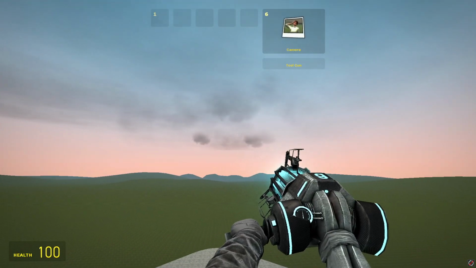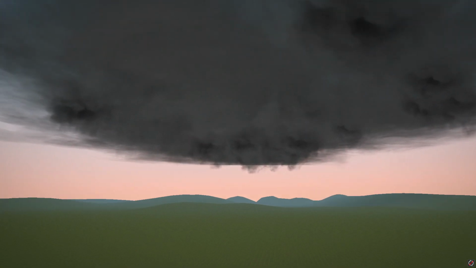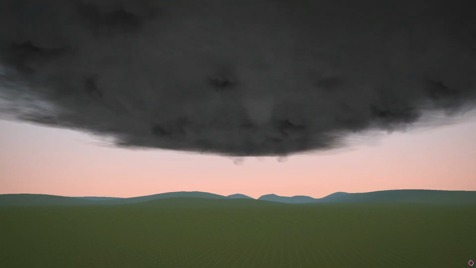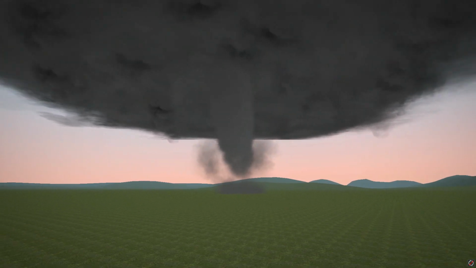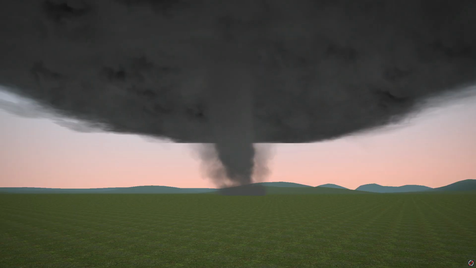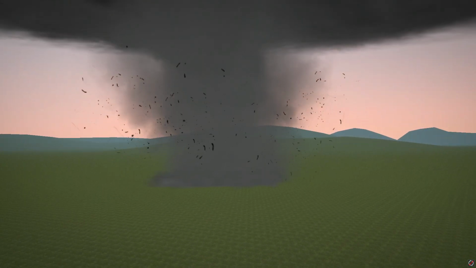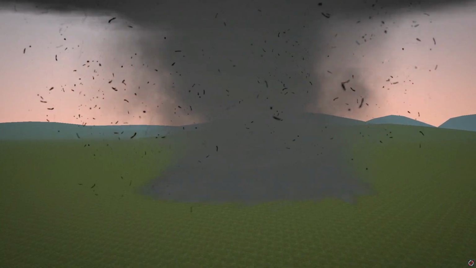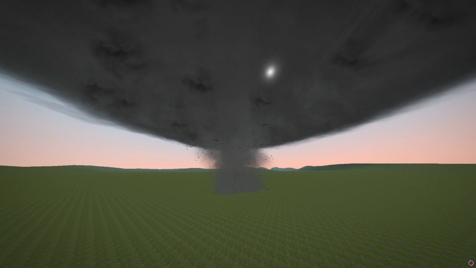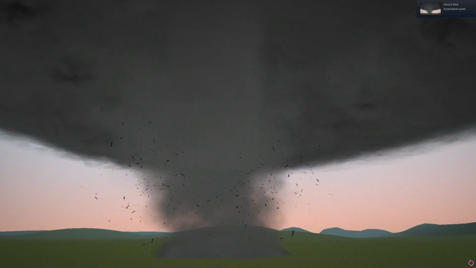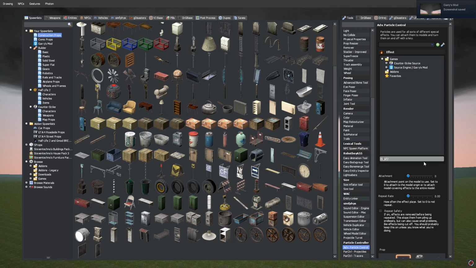I'm just going to see what this EF2 looks like, because I totally forgot. Oh, it's this one. Okay. I actually really like this one. This one is kind of a stovepipe. Well, actually, a large rope. And this has a smoother debris look to it. So yeah, speaking of EF2,